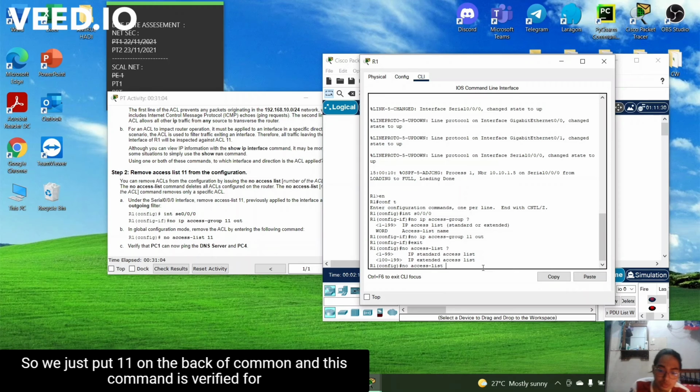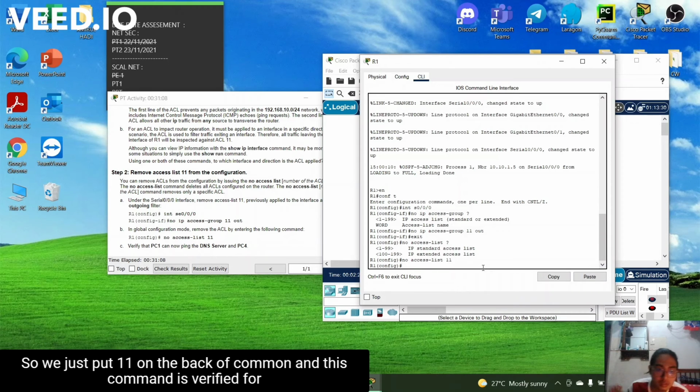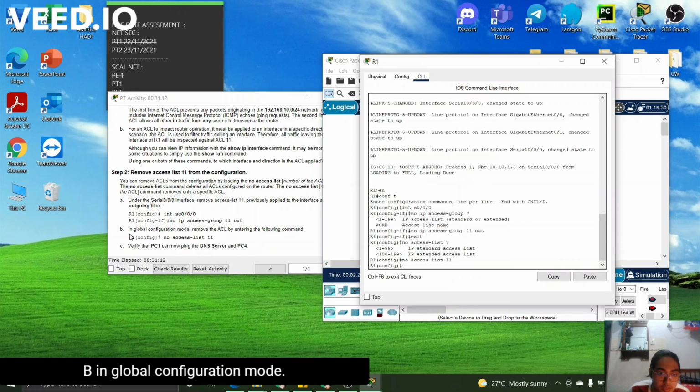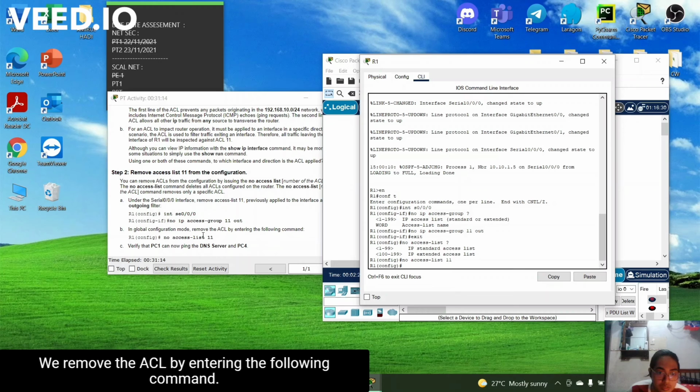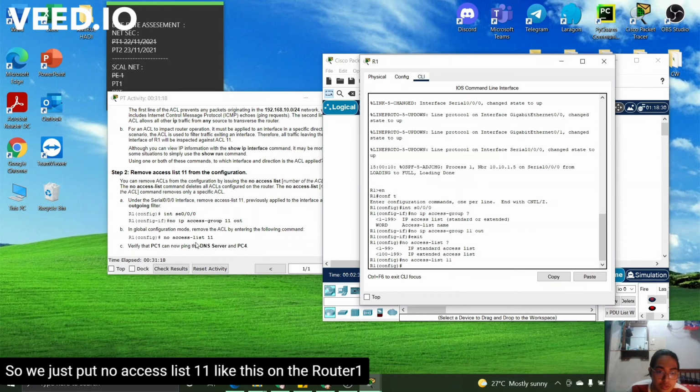So we just put 11 back, and this command is verified for part B. In global configuration mode, remove the ACL by entering the following command. So we just put no access-list 11 like this on this Router 1.